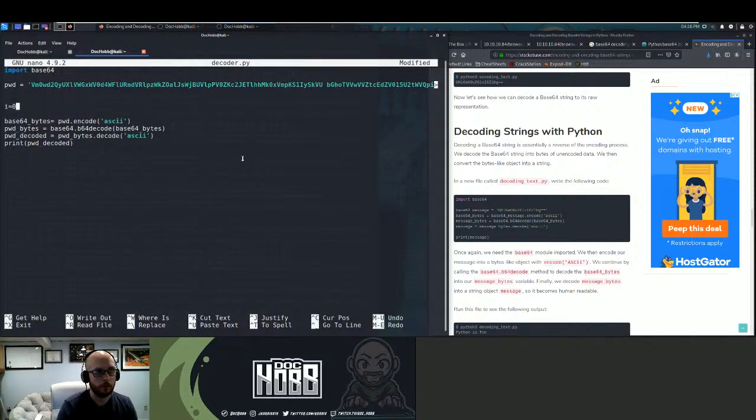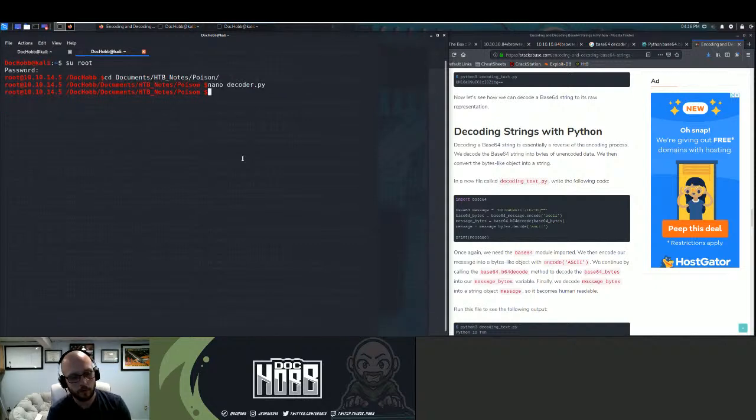I equals 0, while I is less than 13. Print that, and then we'll say password equals password decoded, which should let us.